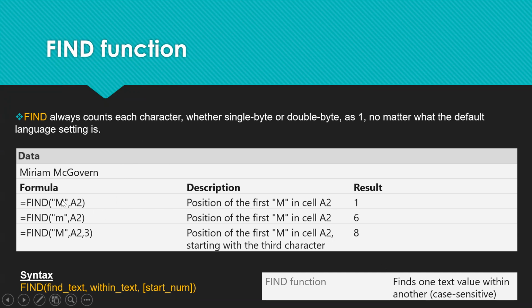So FIND will find the index of a particular string. Let's say there is an M, right, in the cell Miriam. It's going to find the first occurrence of the letter M. Capital M is present at position 1. Okay. So let's say small m we pass. It is fine. It is found at position 6. Okay.